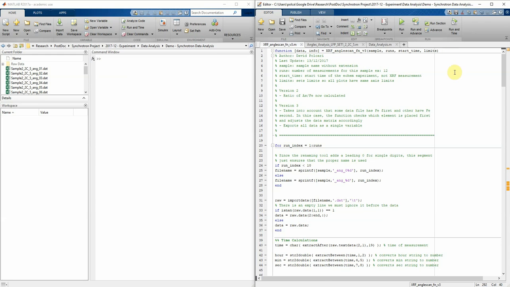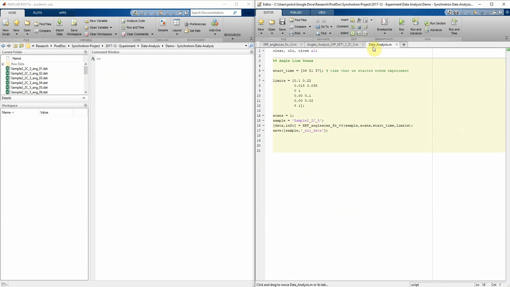Hey guys, so in the last video I explained to you all the aspects of this function and I showed you what you need to input. So now I'm going to show you how to actually run the function. So I created a file called data analysis, which is just going to be the script to run the function